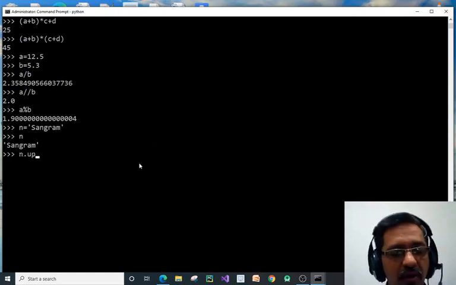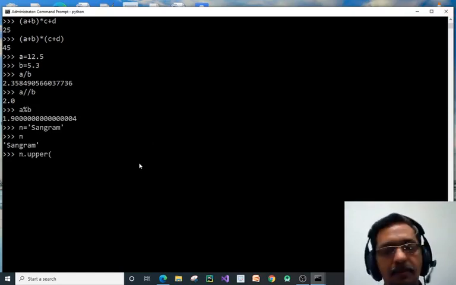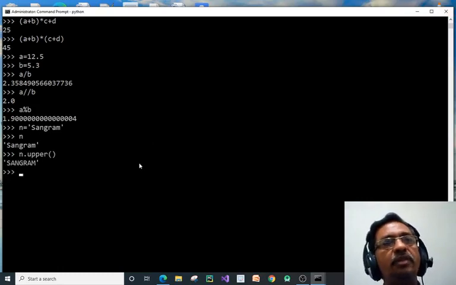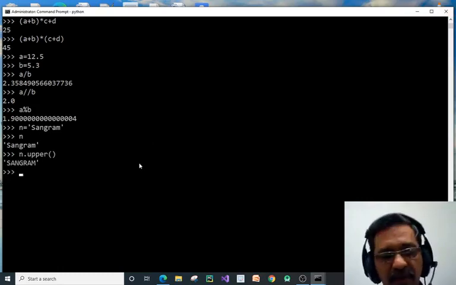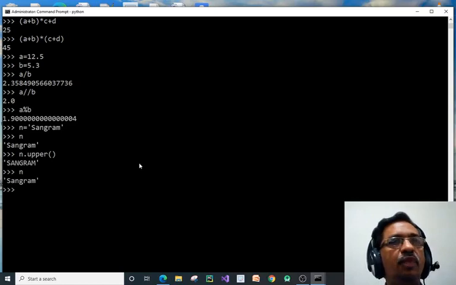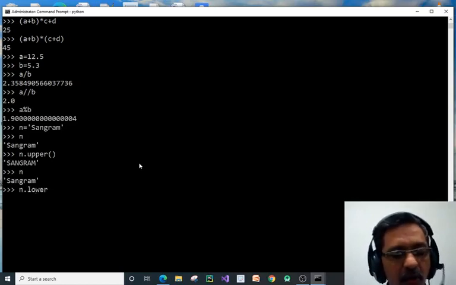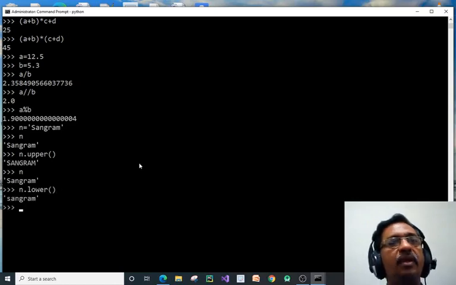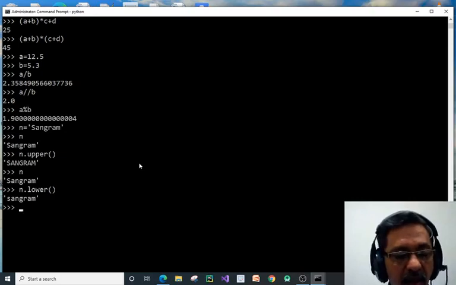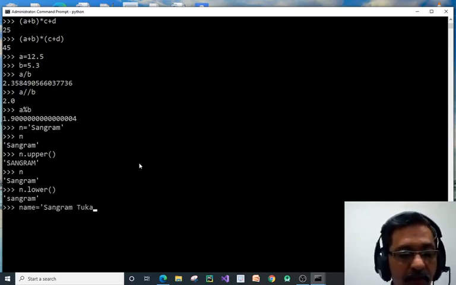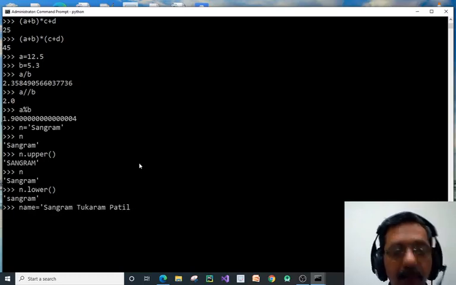Now if I use upper, it will display data as uppercase, the original data remains as it is. Only for display purposes it will display in uppercase. n dot lower will display data in lowercase. And suppose name equal to Sangram Tukaram Patil.